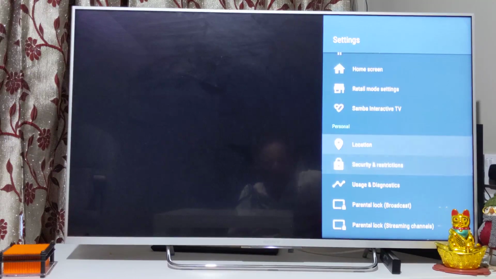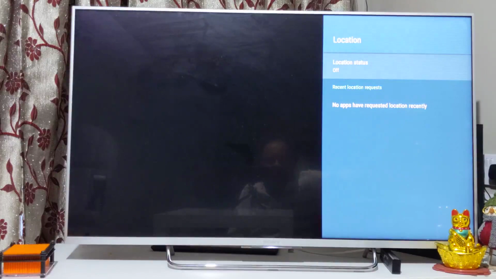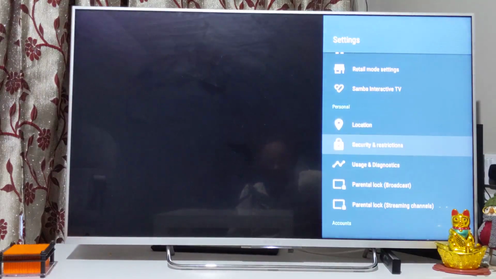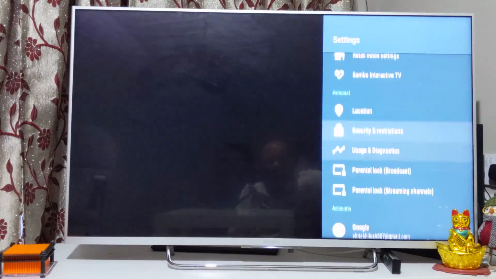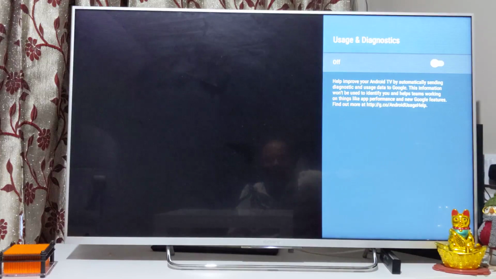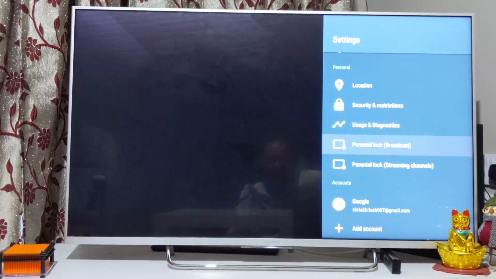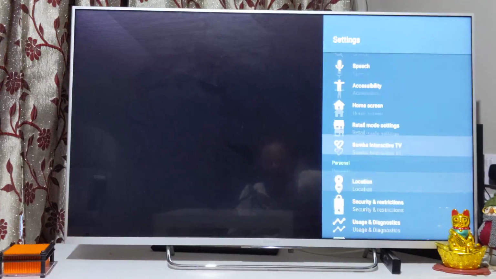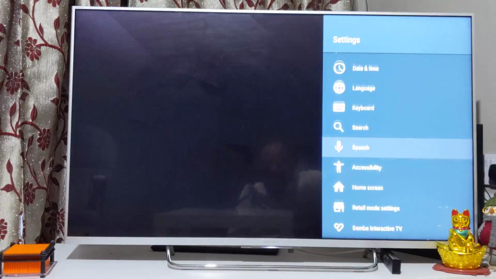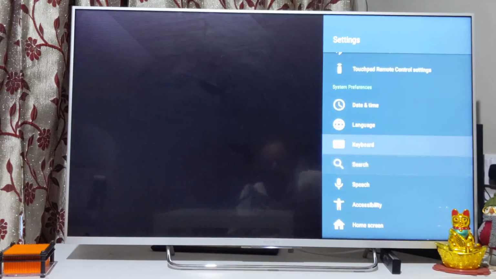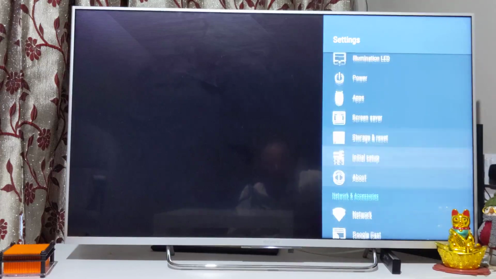Security restriction, but the thing is location, setting up location and allowing it to find yourself, and putting too many security restrictions, sending usage diagnostics back to Android. The problem with that is that there are a lot of processes running in the background, and that slows things down. So if your TV is slow, I would recommend you switch it off. You just enable only what is required, and switch off what is not required. More important